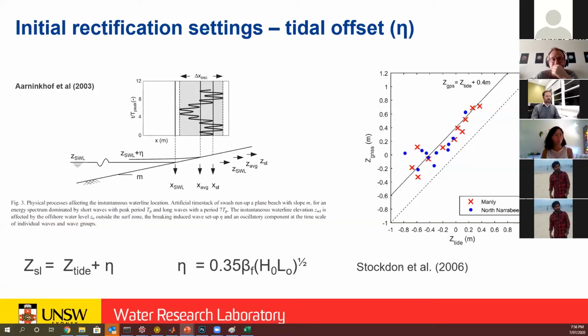This formula here, which is the wave setup, is proportional to 0.35 times the beach face slope times the square root of the typical offshore deepwater wave height times the wavelength. So using this formula, you can estimate what the typical tidal offset at your particular location might be. And I've actually added in that